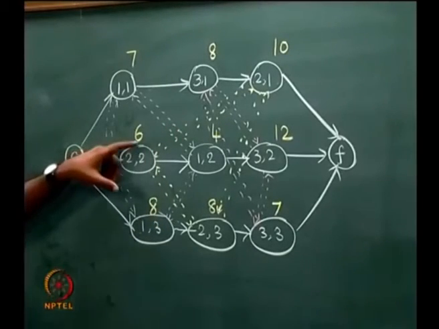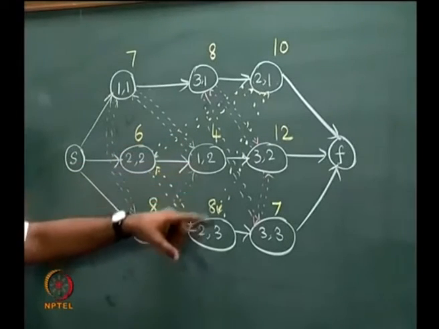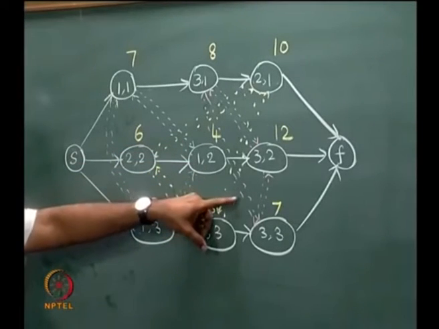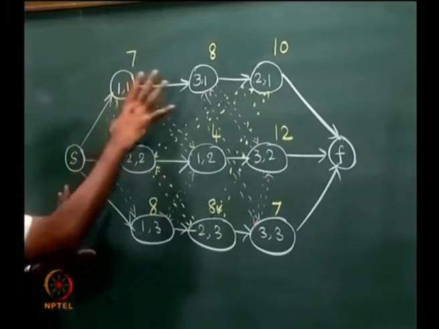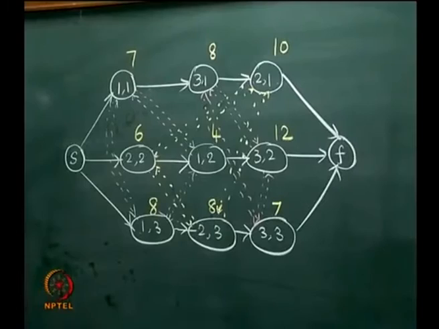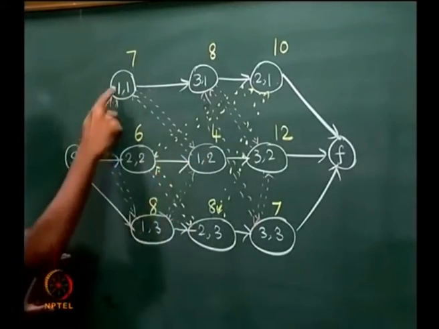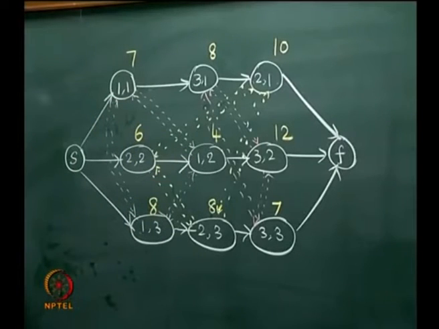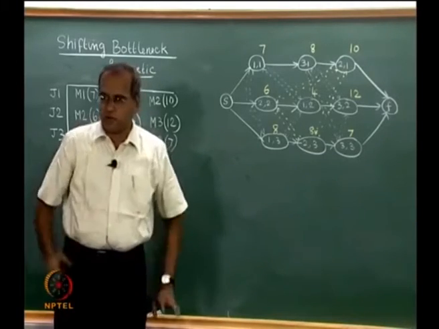The ones related to machine 2 are shown in yellow and the ones related to machine 3 are shown in a kind of a dark brownish pink color. So, we now have to find out if we take machine 1 alone, out of these 6 arcs, we actually find in the end only 2 arcs will be active. Which 2 are active is what we have to find out.